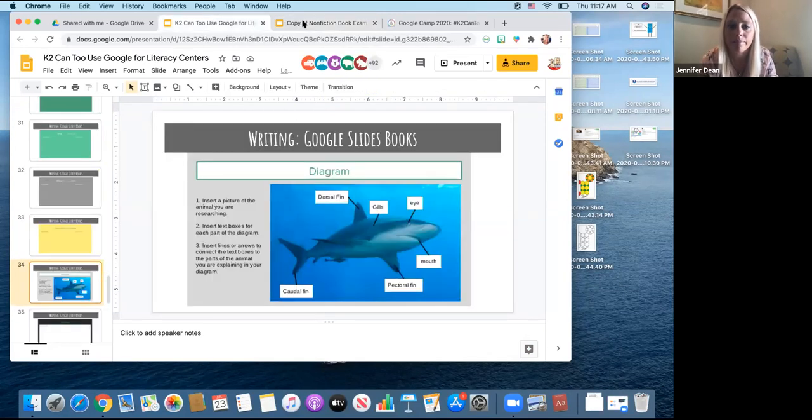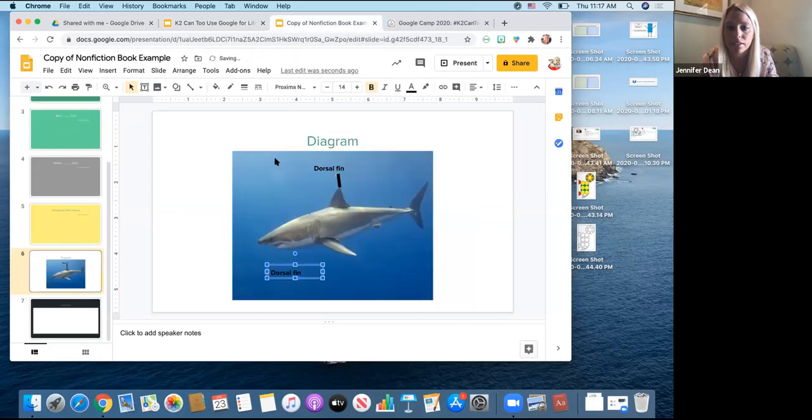Let's look at the next part of it. Gills, okay. Put it wherever you want, copy the line, and drag it so it's showing exactly there. So you can teach the kids how to create their own diagram, which then really helps them to actually use